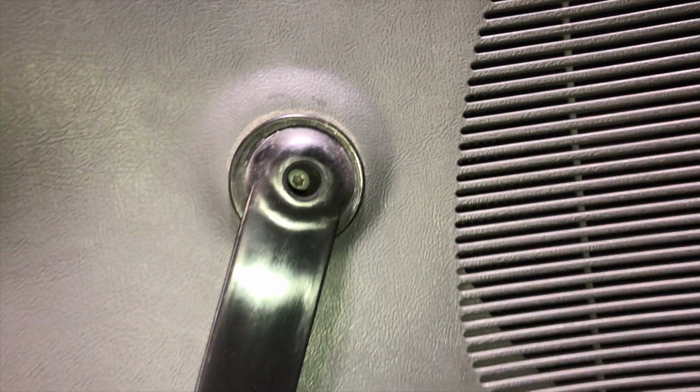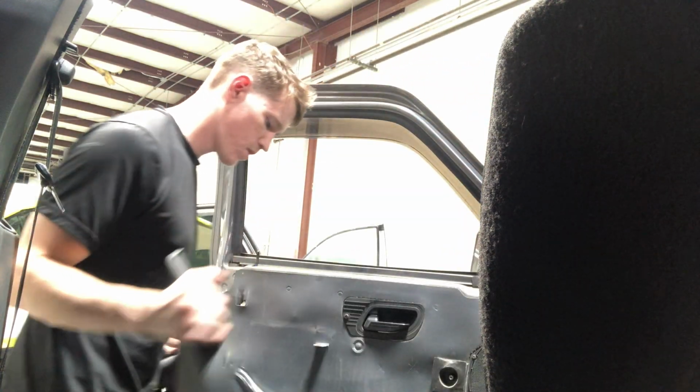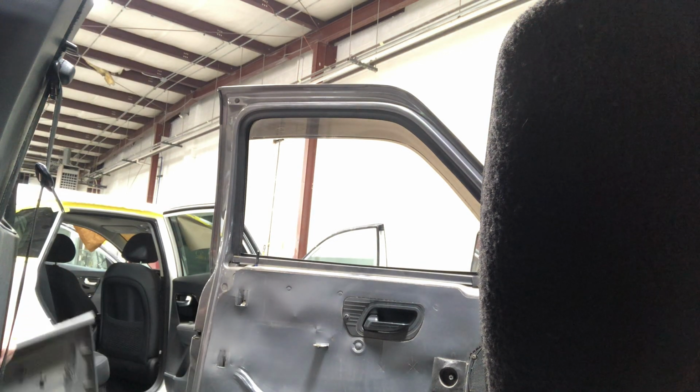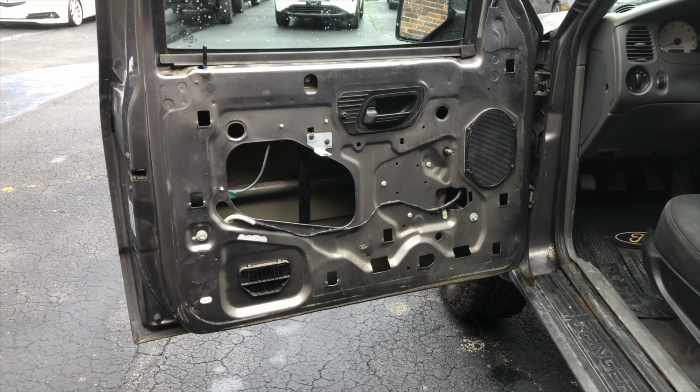And then I did forget that I had to remove the little window door handle that my Ranger has. So that's where that T20 came into play. After I removed that handle, I was able to get that door panel free. It pretty much just fell off after that point. There's the door panel. And then here, what you're looking at is the new glass is already installed,